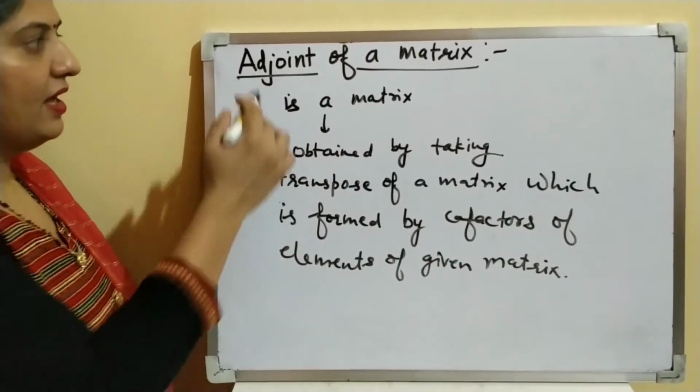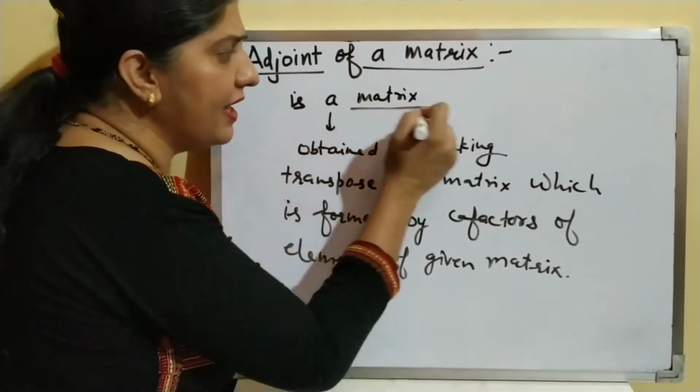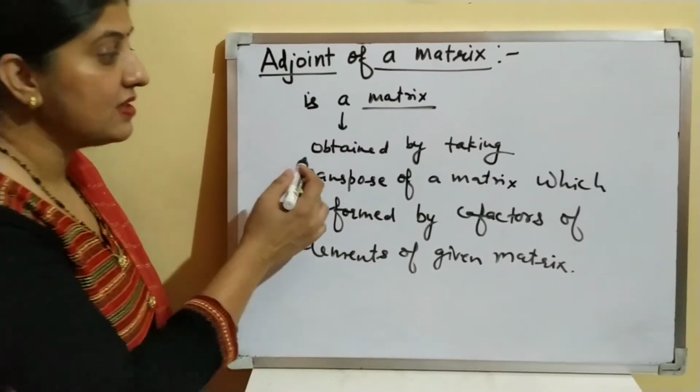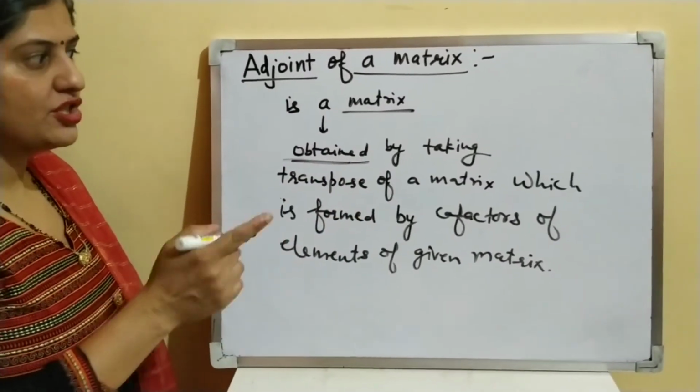What I am saying is, adjoint of a matrix is again a matrix which is obtained just by taking